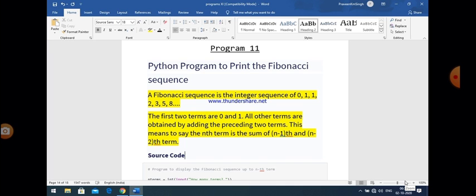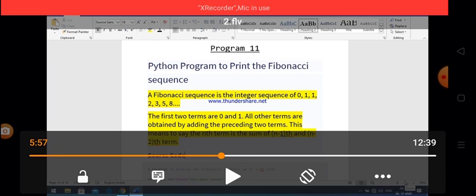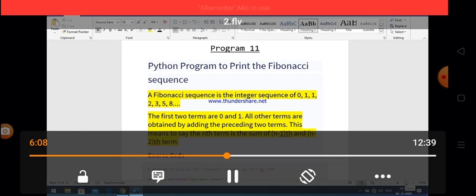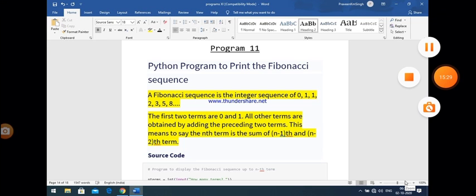Now let us see the source code to implement the Fibonacci series. As you can see on the screen, the first two terms are 0 and 1, and all other terms are obtained by adding the preceding two terms.